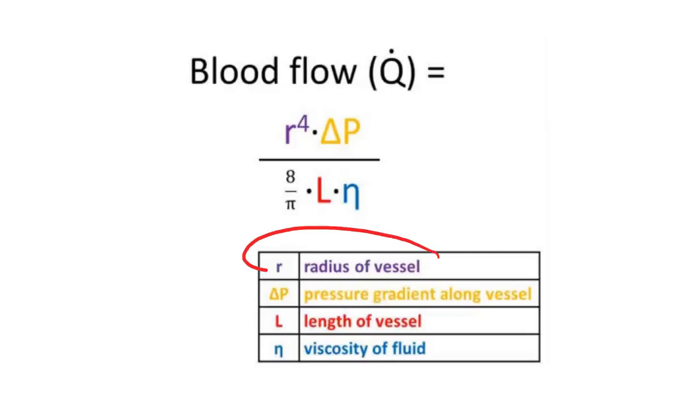But the most important one is the radius of the vessel. And the reason why it is the most important is because it is to the power of 4. That is because any single change in the R is then exponentially increased to the power of 4. And none of the others are like that. They are more of a linear change. You increase the pressure, you're going to increase the flow by a linear amount. If you increase the radius a little bit, you're going to do it to the power of 4. So it has a much, much larger